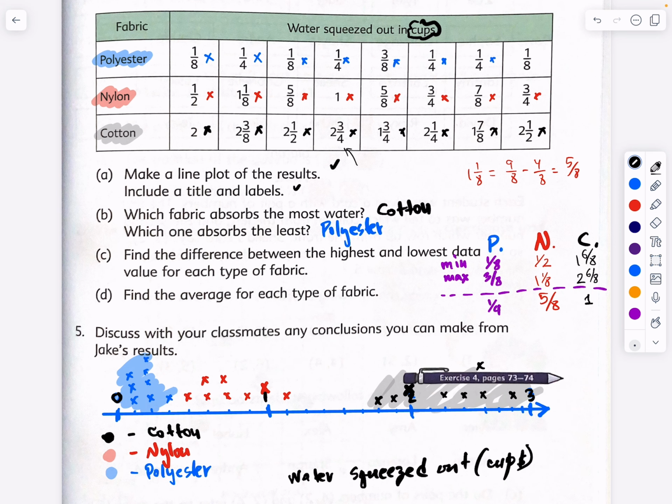Now find the average for each type of fabric. Now I hope you friends remember that in order to find the average, we first find the sum, and then divide it by 8. Okay, so I will allow you to do this math by yourself because we just finished the unit on